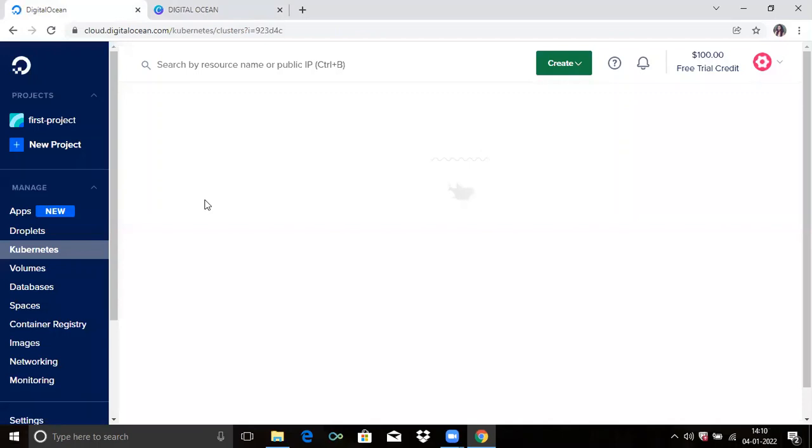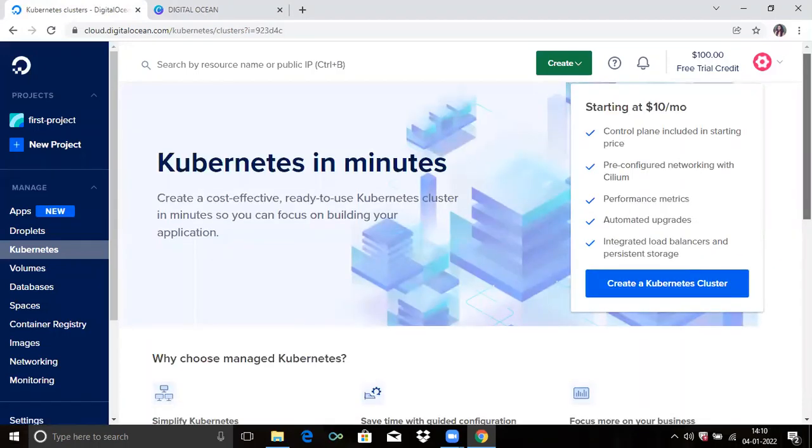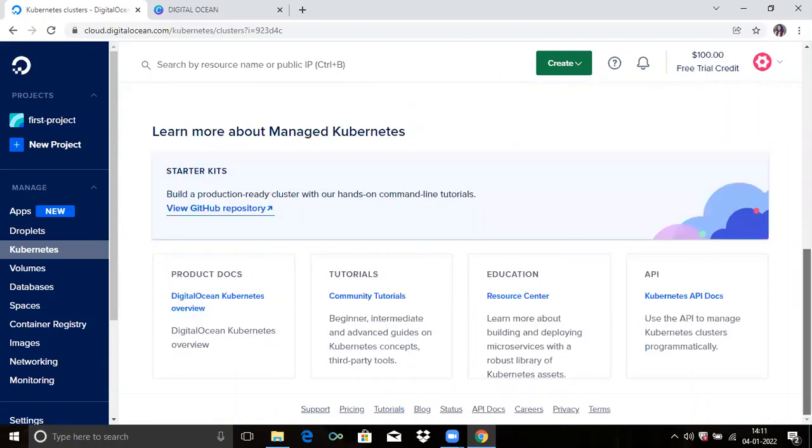So that's Kubernetes. You can see why choose managed Kubernetes: simplify Kubernetes, save time with guided configuration, and focus more on your business. You can check from here.